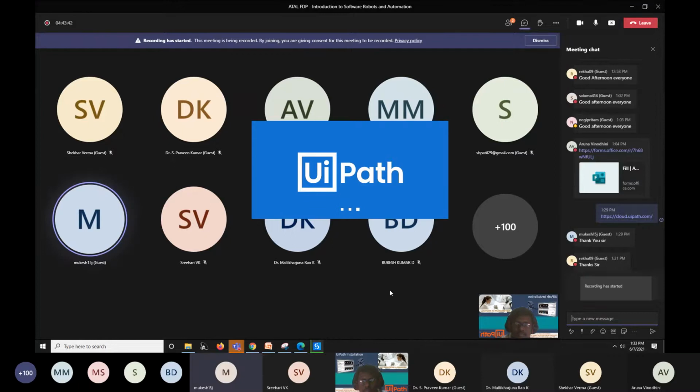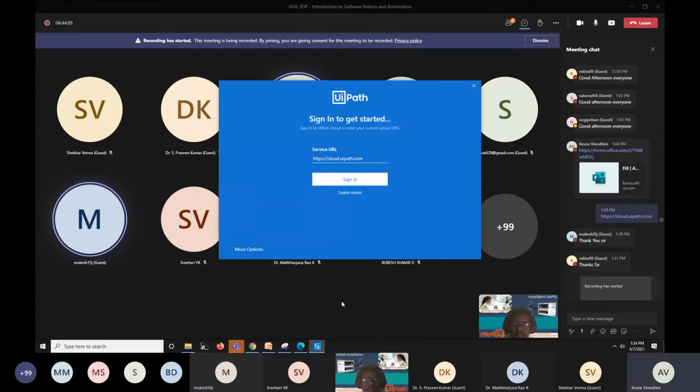Aruna ma'am. Yes. Actually, what is the registered Atal ID? Sir, the registered Atal ID is the ID you use to log in to the Atal website. From where should I get it, ma'am? That one? Is that my login or what? Yeah, your login ID. Your login ID used on the Atal website. Okay. Thank you, ma'am.